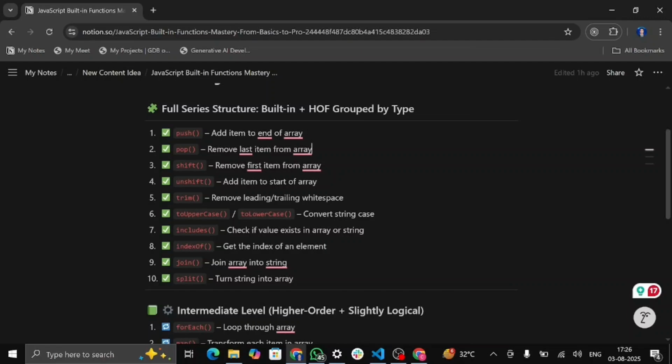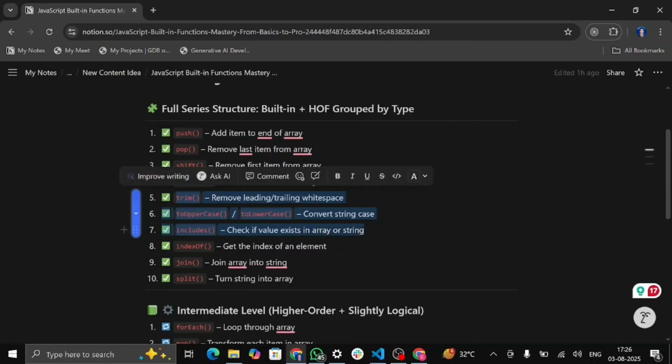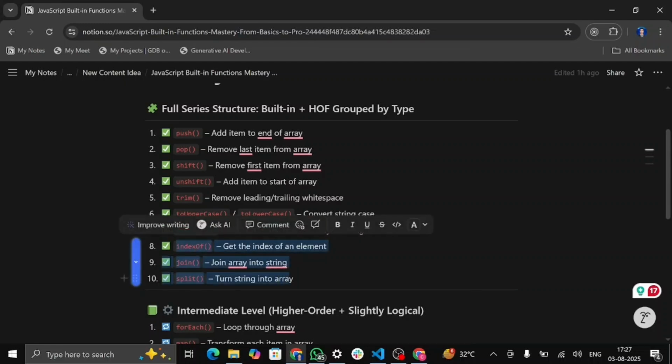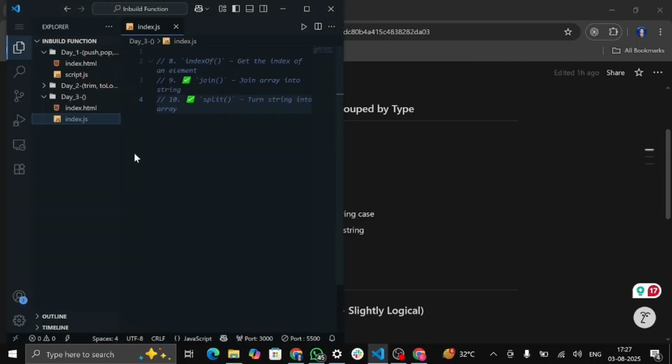हम इस सीरीज में ऑलरेडी 2 वीडियो बना चुके हैं। इन फर्स्ट वीडियो वी कवर पुश, पॉप, शिफ्ट, अनशिफ्ट मेथड्स एंड इन सेकंड वीडियो वी कवर ट्रिम, टू अपर केस, टू लोअर केस, इंक्लूड all methods with the real world project example। so अगर आपने वो वीडियो नहीं देखा है तो आप उन वीडियो को ज़रूर चेकआउट करें। एंड दिस इज़ द वीडियो 3 एंड इस वीडियो में हम कवर करेंगे इंडेक्स ऑफ, जॉइन एंड स्प्लिट।